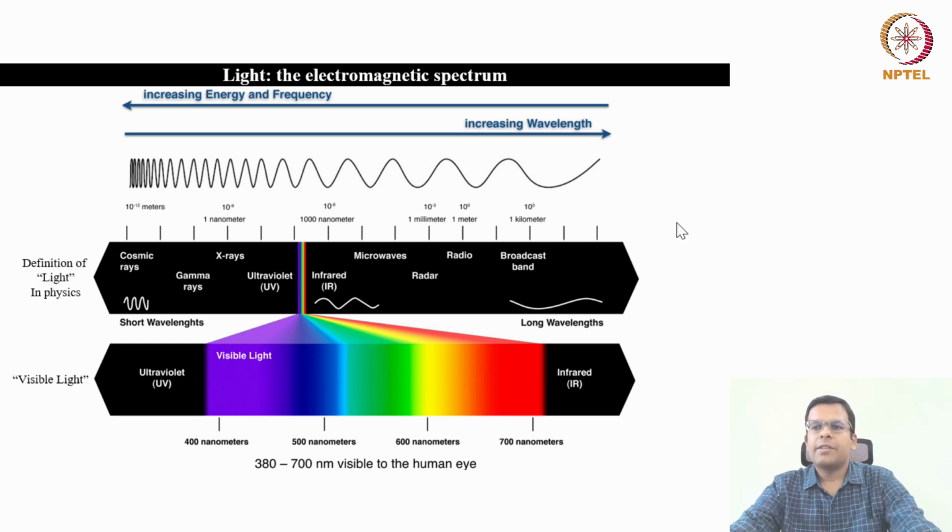So as we are continuously talking about light and fluorescence, let us understand some fundamental properties of light. Okay, so light is nothing but the electromagnetic spectrum. And if you see any physics textbook, all these different wavelengths from 10 to the power minus 12 meters to 10 to the power 3 meters are considered as light. But generally for fluorescence microscopy applications, we only use this small fraction, the small spectrum of visible light.